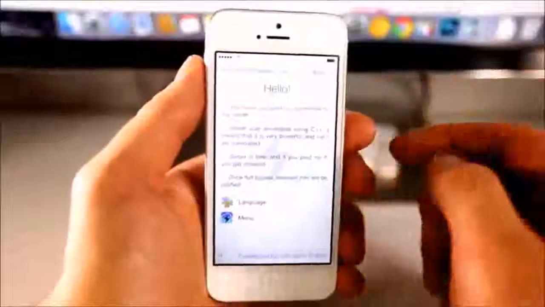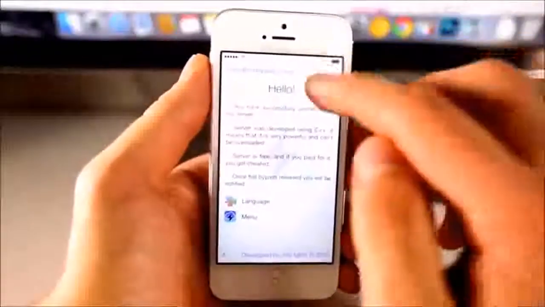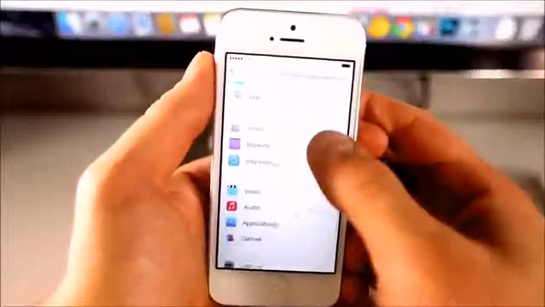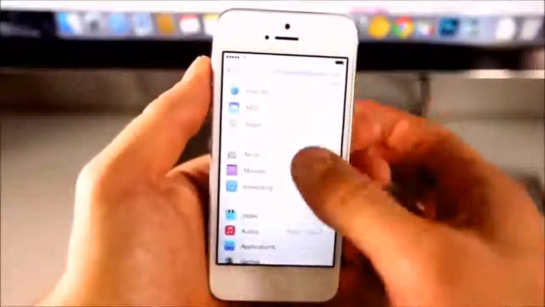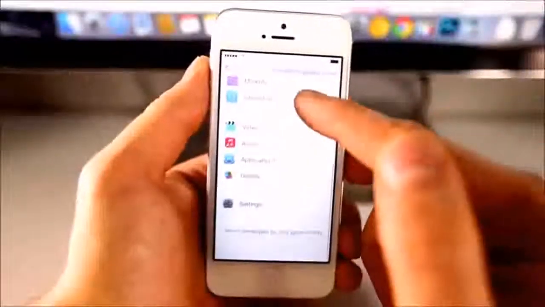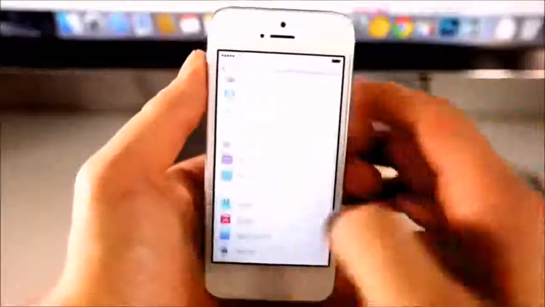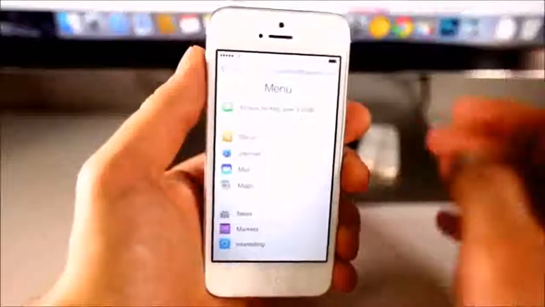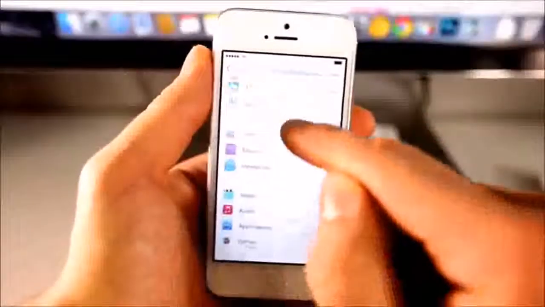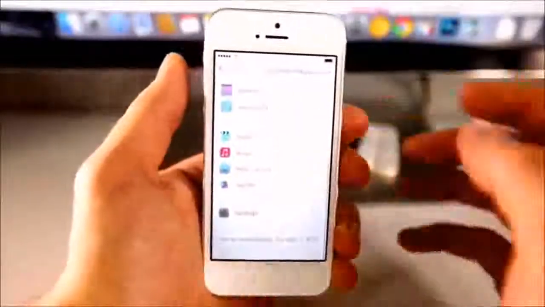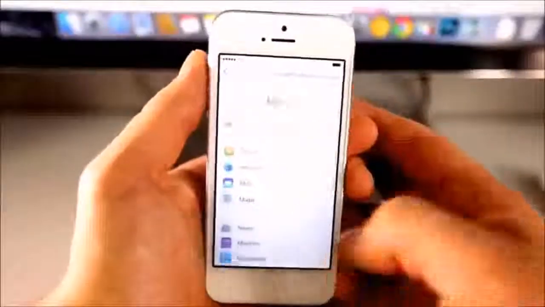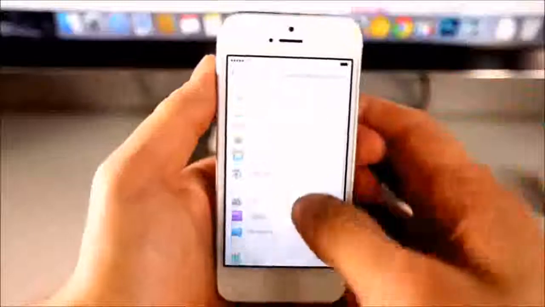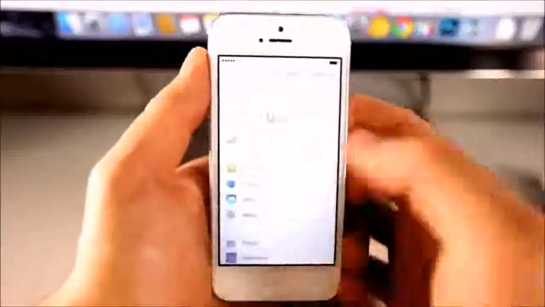So using that method, you can still go in here, play games, watch videos, listen to music, browse the internet, still do stuff on the phone, even use maps. There's a lot of things you can do in here, even though you're still stuck on activation lock. So if at any point in the future this video no longer works, remember that in the article I will keep the DNS server updated in case there is a new one, so you can still at least do something with your phone. But I just want to make a shout out to the guy that did create this. Super cool that all the people that are affected by iCloud lock can still